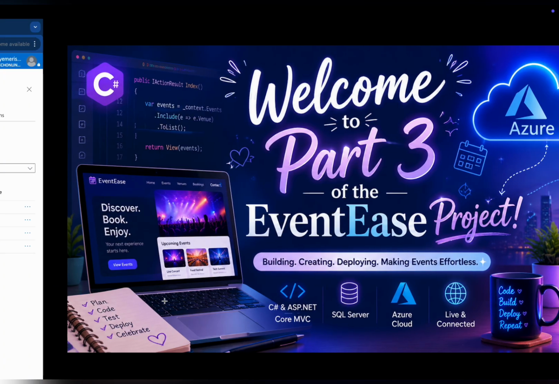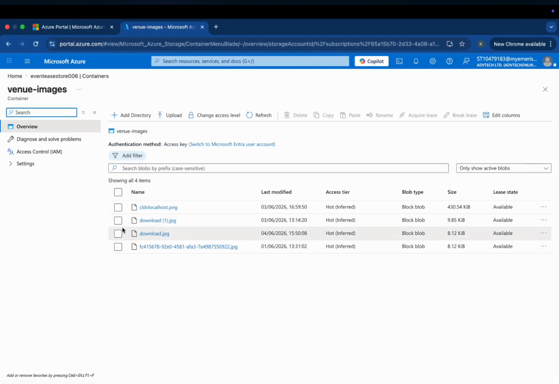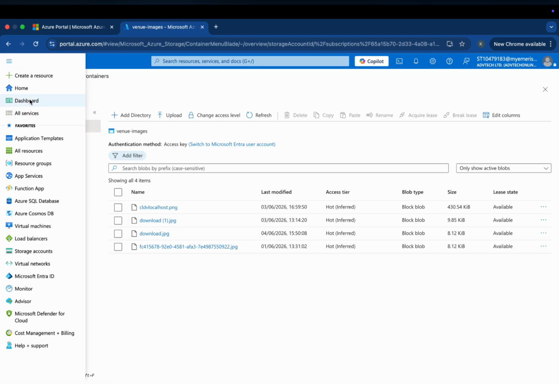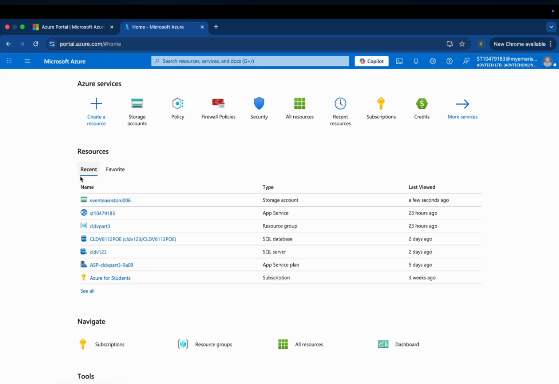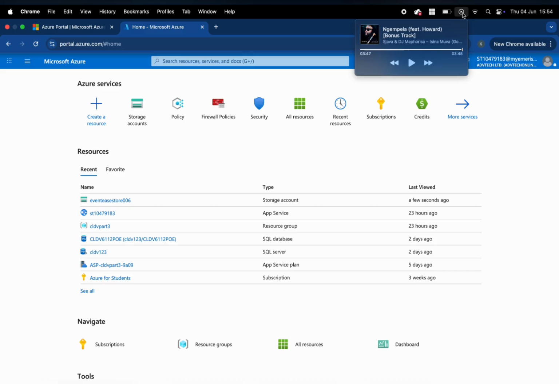Before concluding the project, I would also like to mention that the Azure resources created for this demonstration, including Azure App Service, Azure SQL Database, and Azure Storage, will be deleted after my assessment. This is being done according to the assignment requirements and to avoid unnecessary cloud resource usage and costs. The purpose of creating